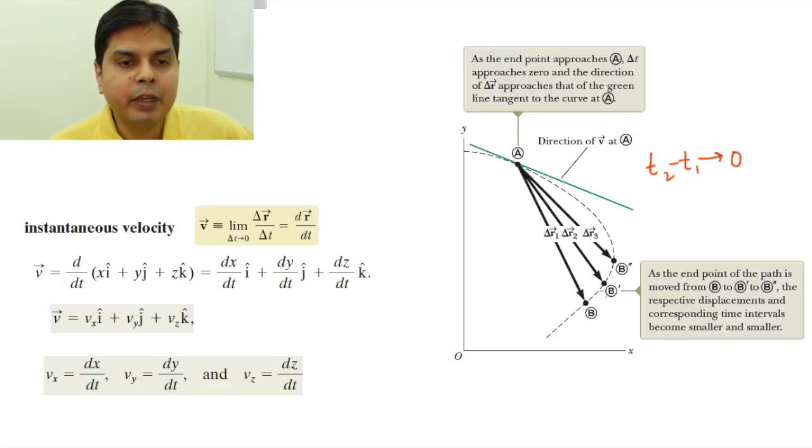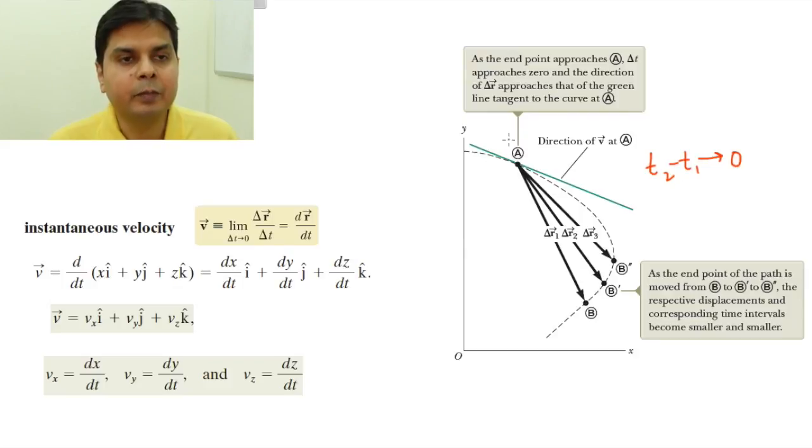So from B it will go to B prime, then it will go to B double prime. So ultimately it will approach this point A. When it approaches this point A, these secant lines, this one, this one, this one, ultimately this sequence of secant lines will become this green tangent line, and this green tangent line is the direction of instantaneous velocity at